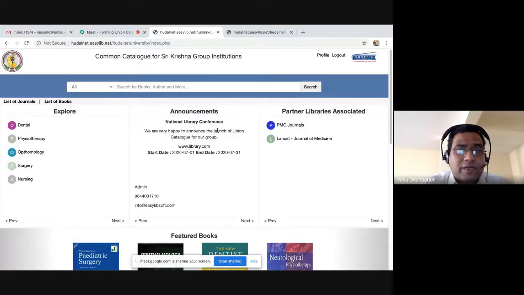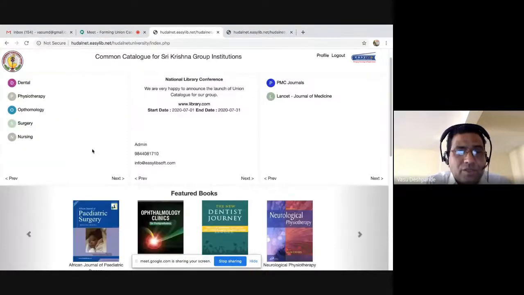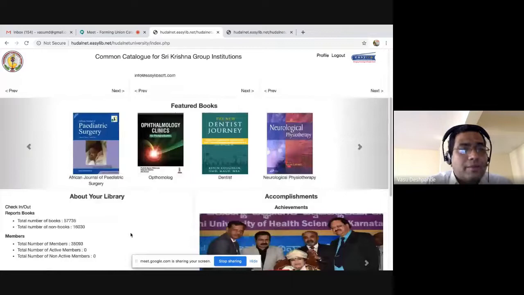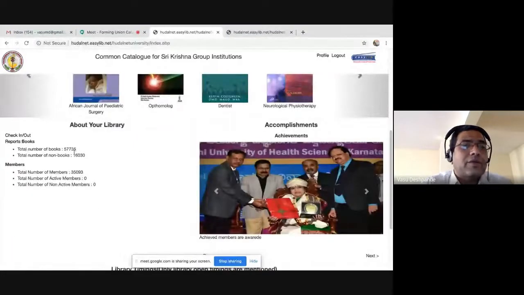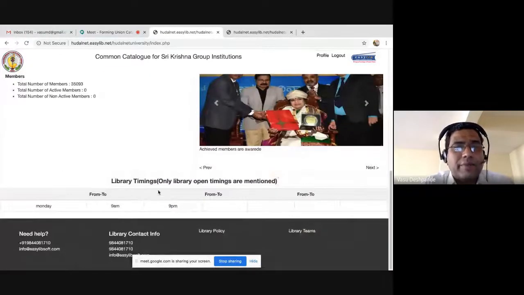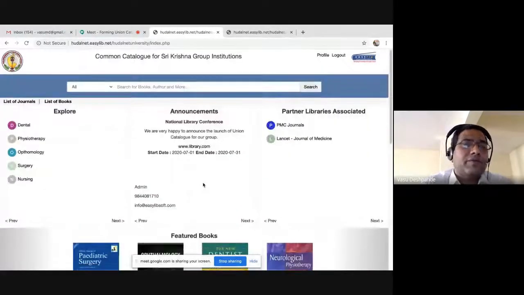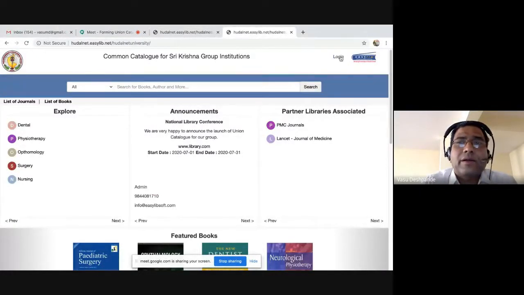Okay, you make again the journals, the announcement at the university level, preset searches, featured books, how many books. In this, we have loaded something like 50,000 books over here, common catalog. Okay, some photographs you put over here, the timings. So this is at the university level. There's the common catalog page. Now going back over here,